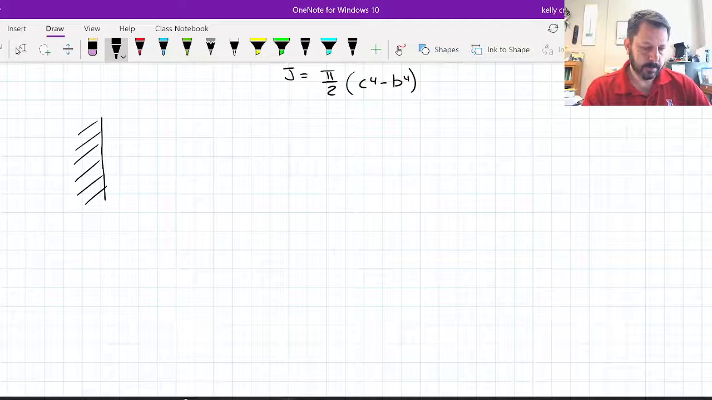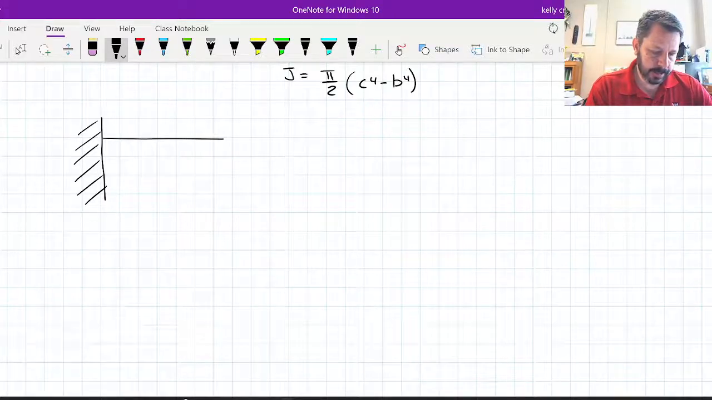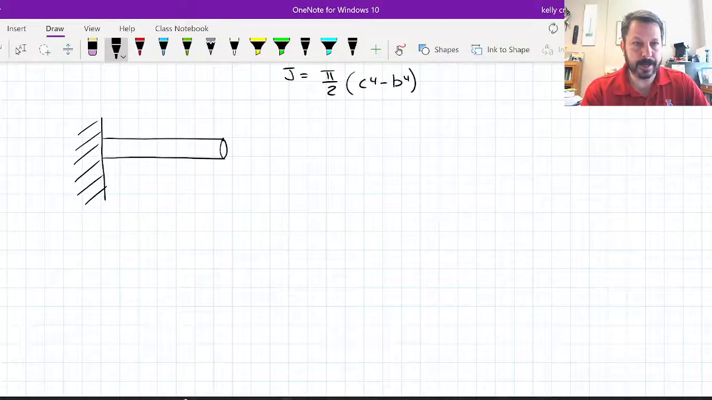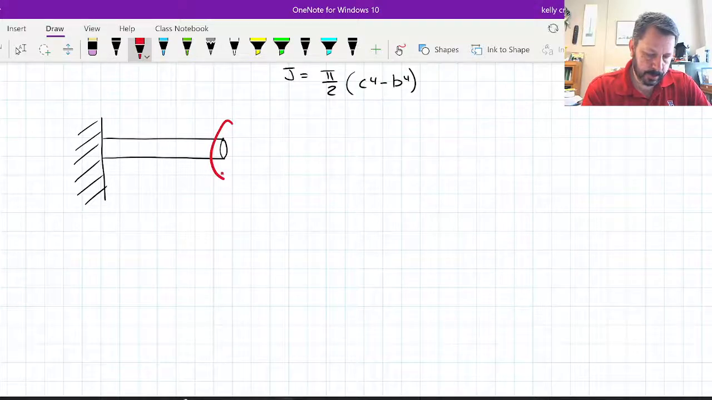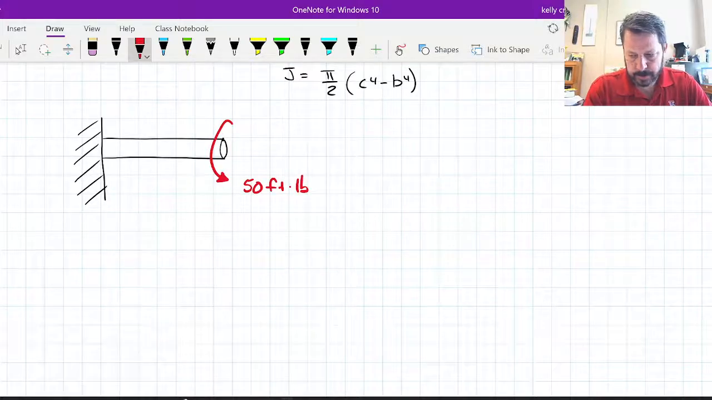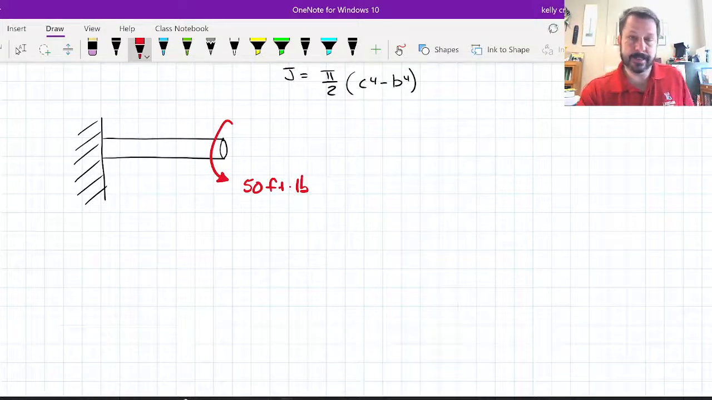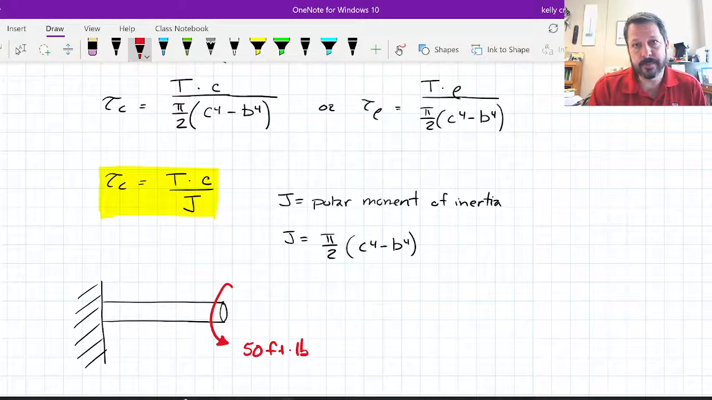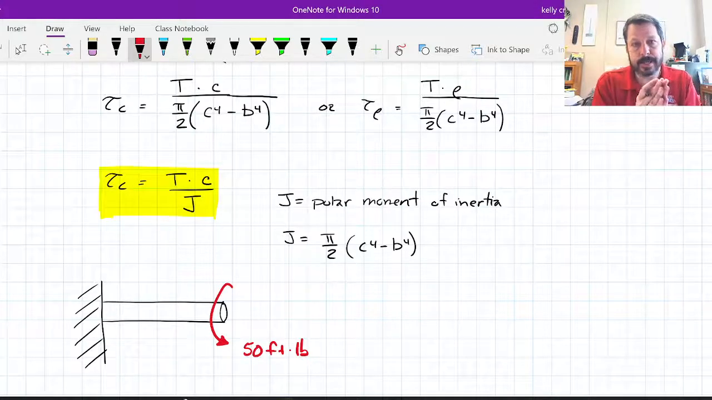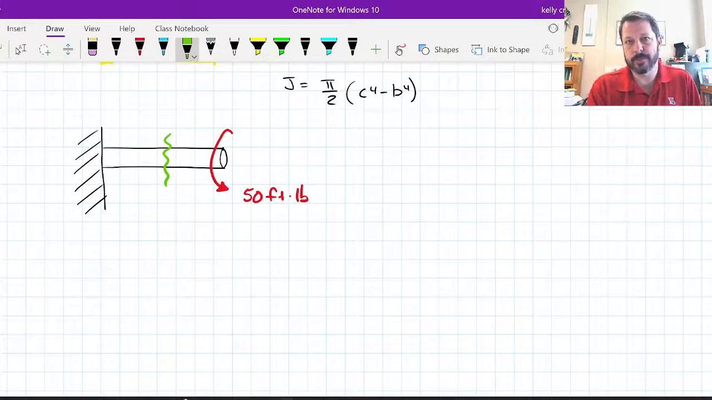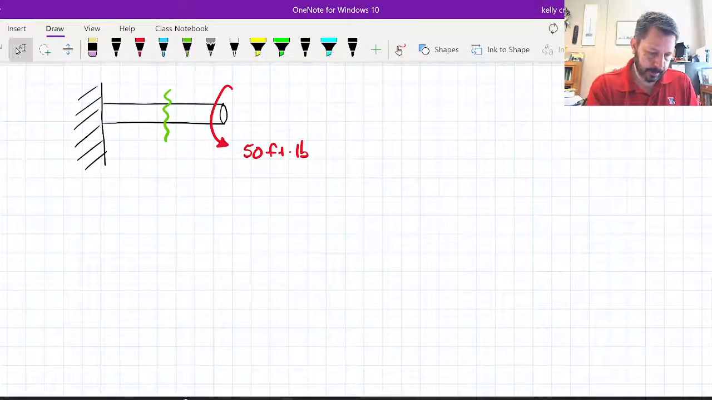So here's a little shaft that's attached to some stationary object like a wall. We'll make this a solid shaft, and we'll put a torque on it of 50 foot-pounds. And that 50 foot-pounds, that's the external torque. The torque in this equation is an internal torque, so I do have to make sure that I'm cutting the free body diagram open so that I can see what's going on inside it. In this case, it's pretty obvious, but it does get more complicated when there are more things going on. So there I'm cutting it apart,